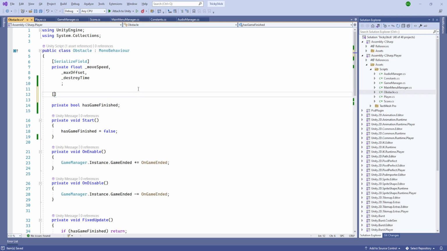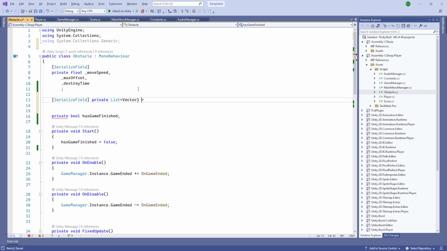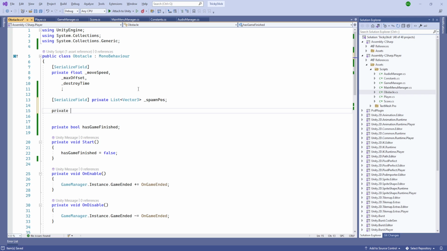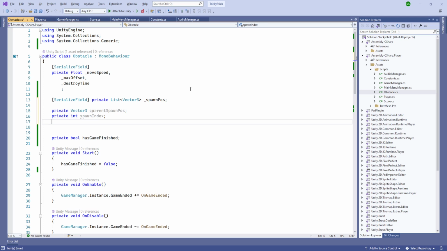And similarly, we are going to need a serialized field, private list of Vector3, and we'll call it functions. We can directly call it spawn pose. Private Vector3 current spawn pose, private int spawn index, and